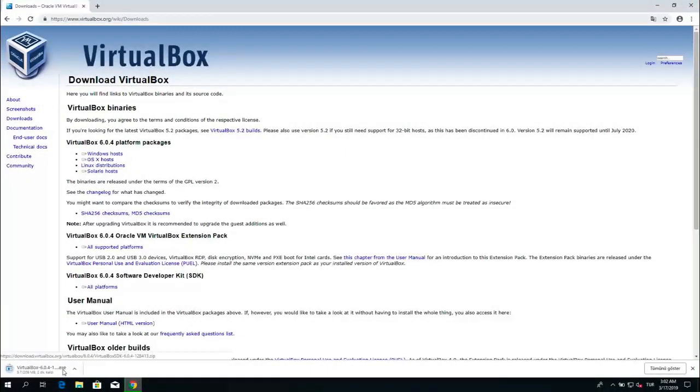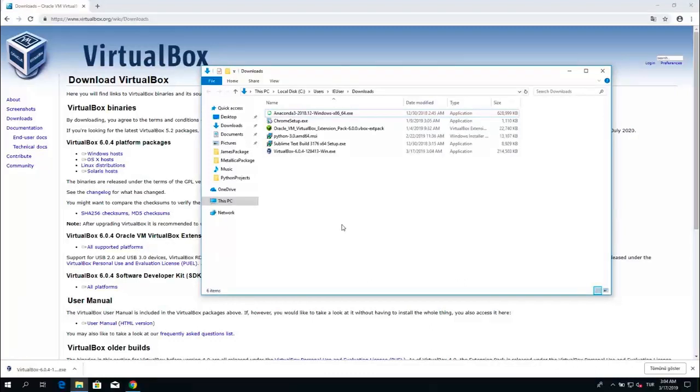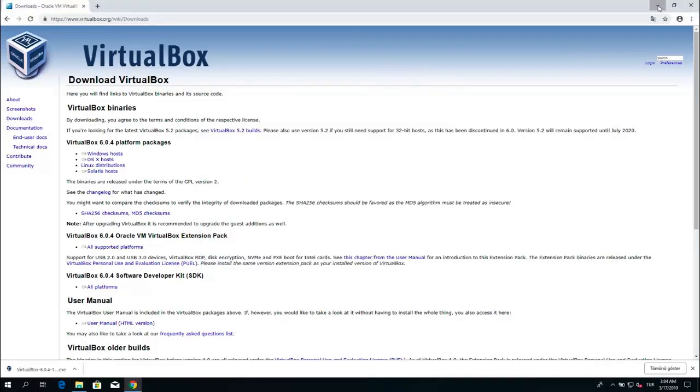If you click on it, it will just start downloading, and it's around 200 megabytes right now, so it will take a minute or two to download it. So feel free to pause the video and come back when it's done. So when it's done, open your download folder and find the exe file that you have downloaded, and minimize this but not close it because we're going to download one